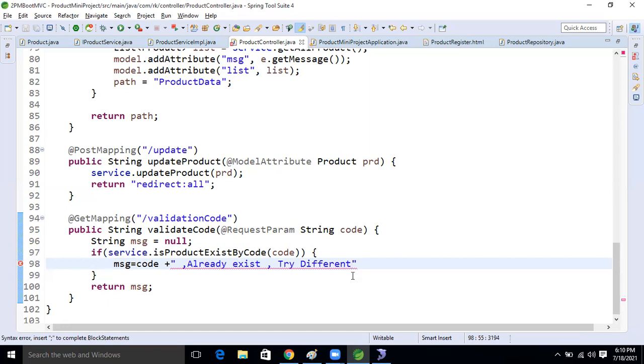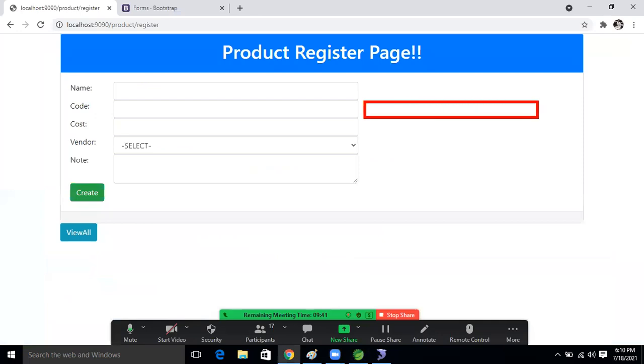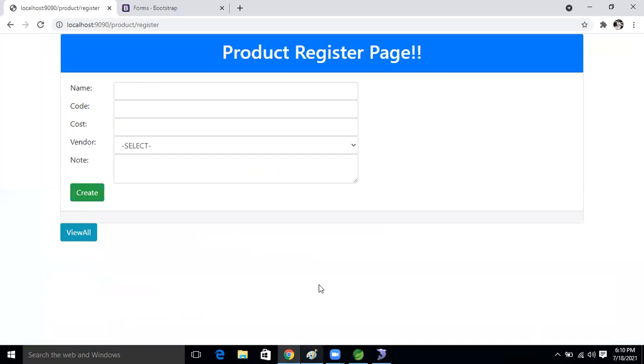This message we will get if that record is already in the database. Try different, this code is already exist in the database. So in this area we will write that message now, guys.